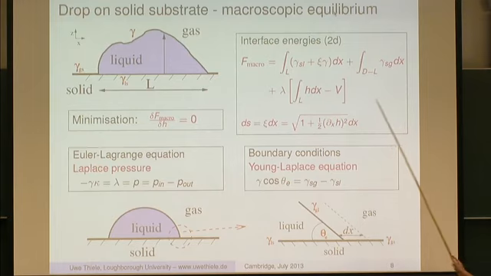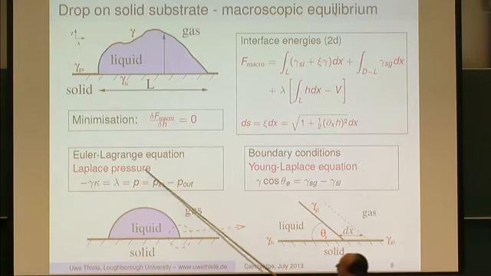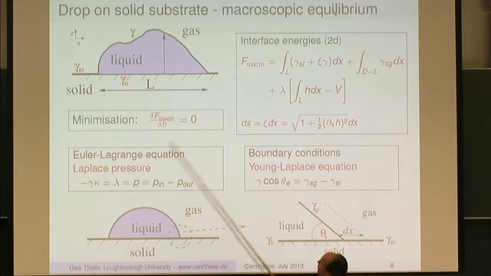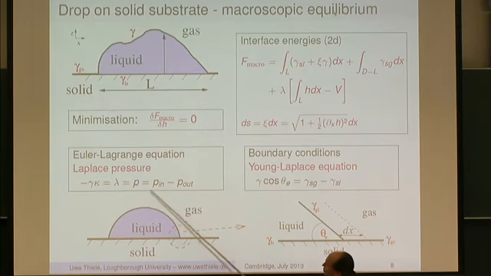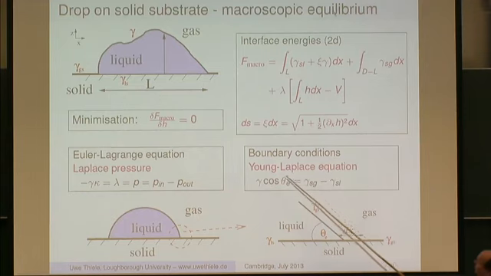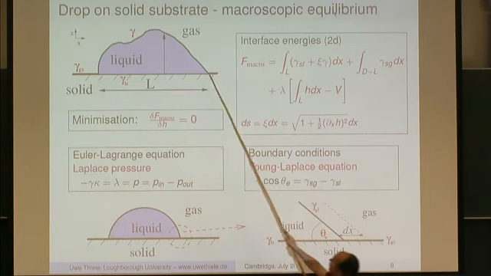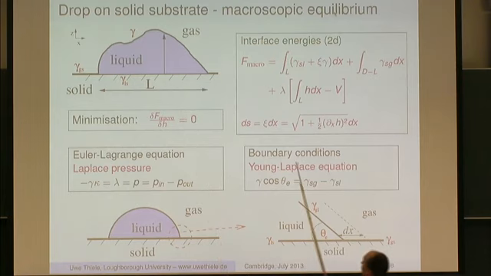So if you minimize this energy, you get a bulk term, the Euler-Lagrange equation, and this gives you the Laplace pressure, the pressure jump between the liquid and the gas phase. It just tells you the pressure jump is surface tension times the curvature, as then derived with the density function. However, you also get boundary conditions at these two points, and these boundary conditions are the Young-Laplace equation, where you